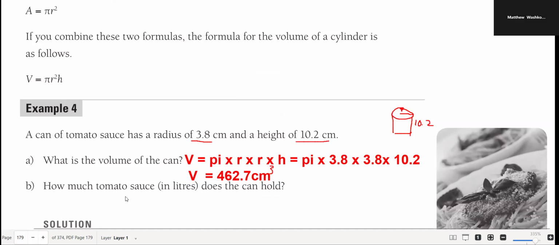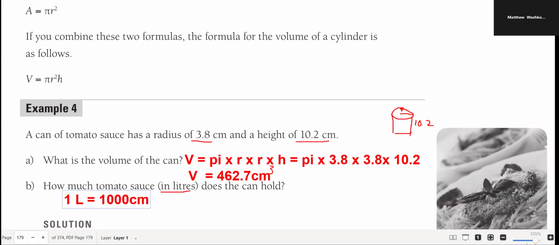And then how much tomato sauce in liters can that hold? So sometimes it specifies. So just like before, right? If I know that 1 liter is equal to 1,000 cubic centimeters,